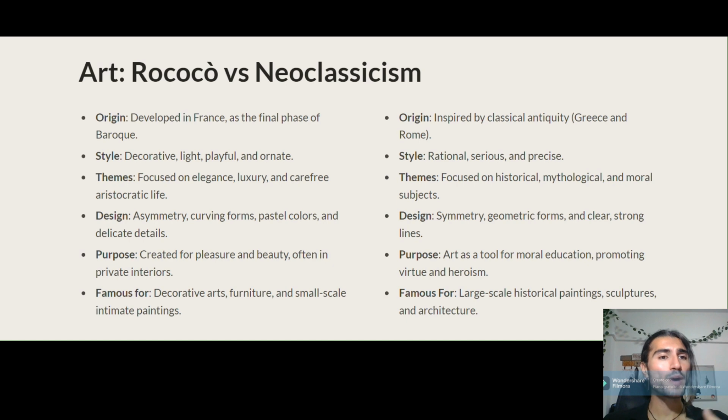On the other hand, we have the rise of Neoclassicism. Neoclassicism took its name from a renewed interest in the arts of the classical world, especially the art of ancient Greece and Rome. Neoclassical artists believed that the ancients had achieved a kind of perfection in their art, with harmonic proportions, balance, and calm composure.